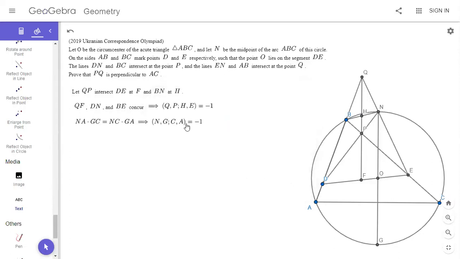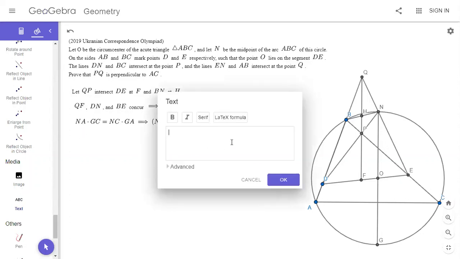And then if we project those four points through B, then we have